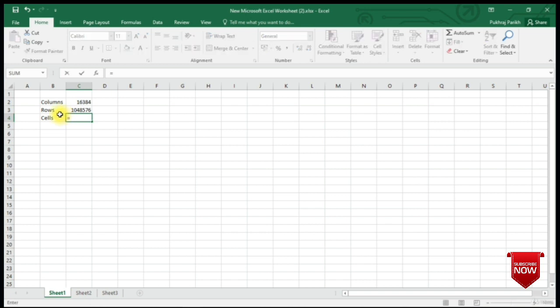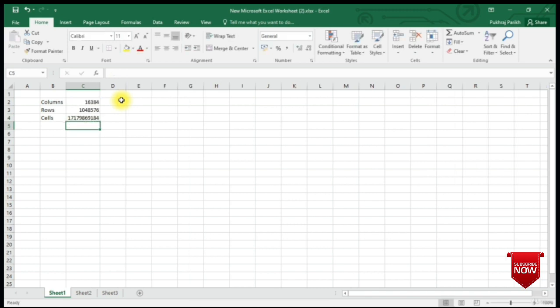To enter a formula, we start with equal to symbol. Then we click on the cell which contains the first value. Then we put the multiplication symbol, which is a star, and then we select the second cell.